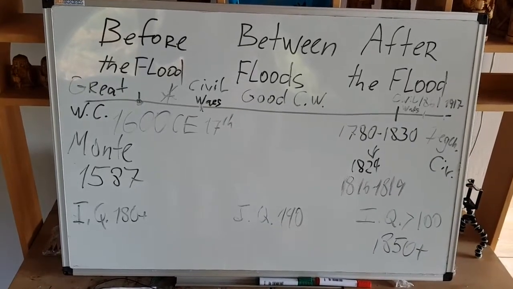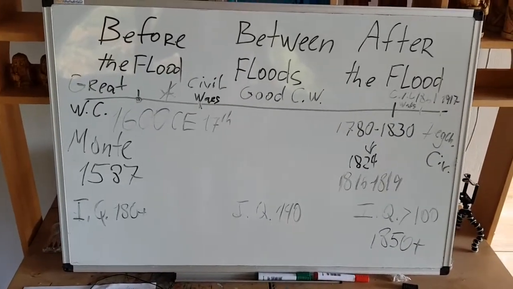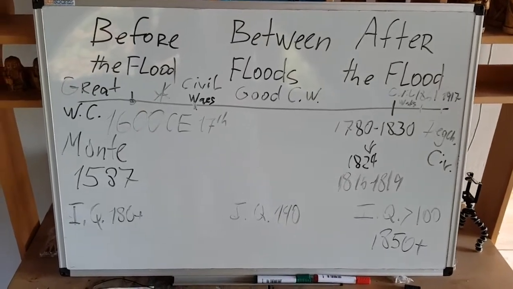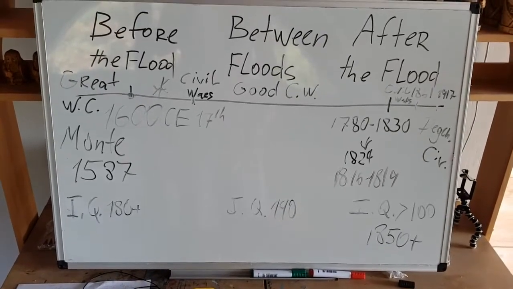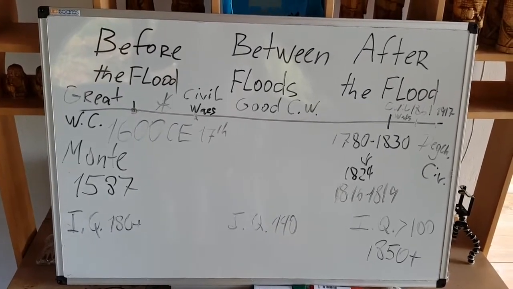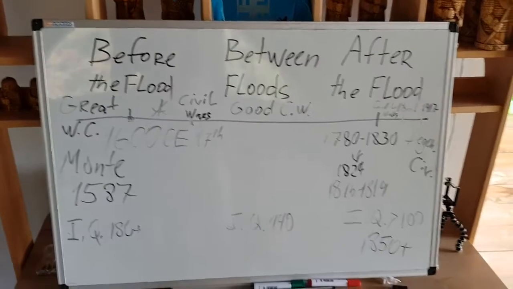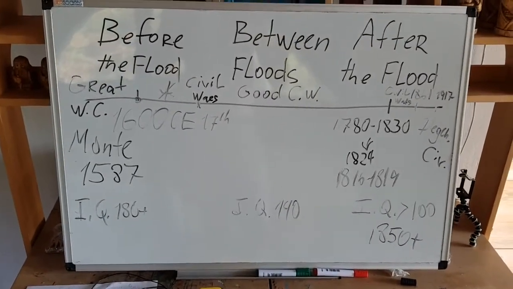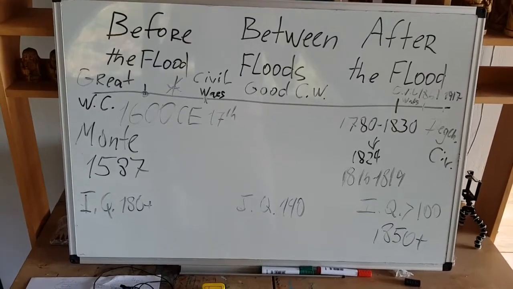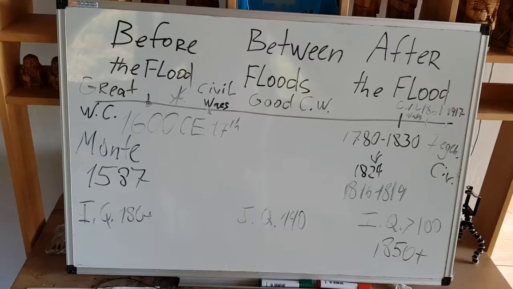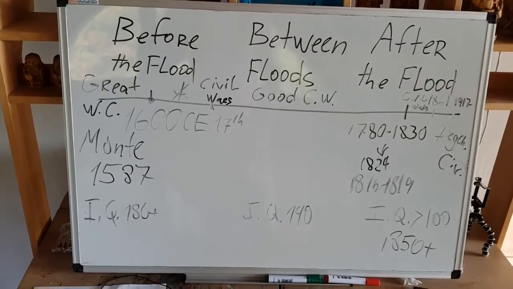Then between the floods, from 1600 to about 1800, like 1780, because disasters begin to happen. The first I was able to find is 1781, when they had the killer fog that you could only compare to a gas attack, when people just suddenly died, cattle died, everybody died. And that's when it begins and continues through all of the wars. I mean, the last Great War ended what? 1945? So there you go.